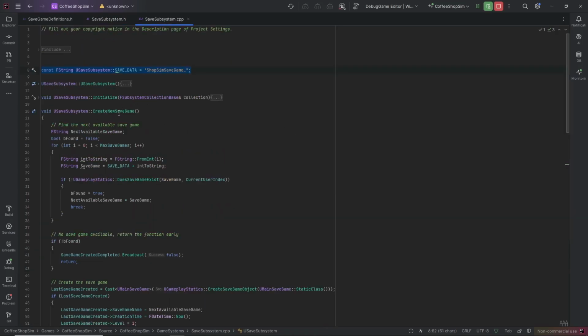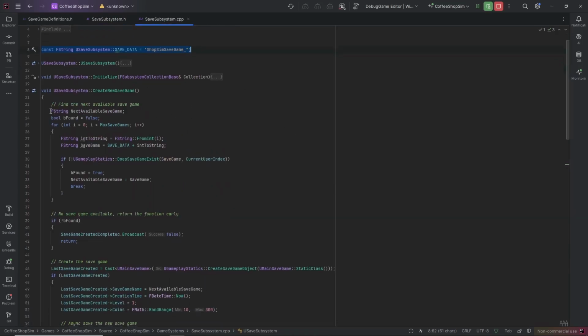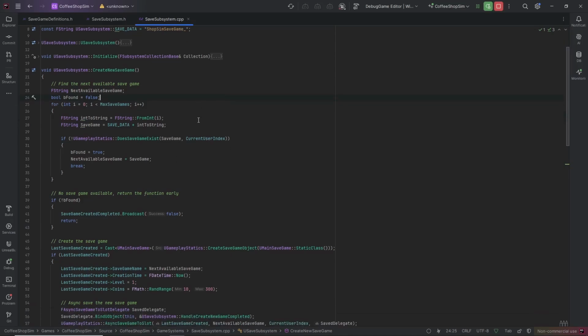So the create new save game. The only thing I'm doing is checking what's the next available save game that we can use and using that one. If we already have 5, this function will stop. In that case, you can do something like override or show an error message or something like that. In this example, it's just gonna return false and that's it. But basically what I'm doing is, this is gonna be the next available one, and I just have a for loop